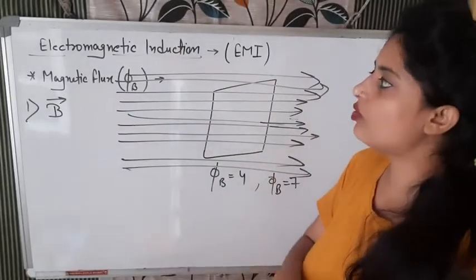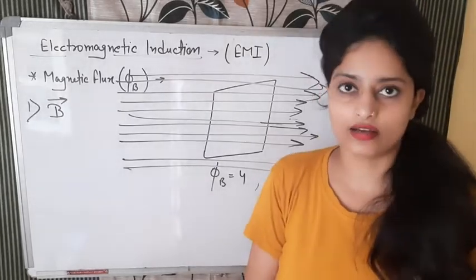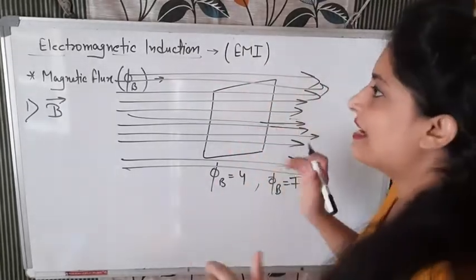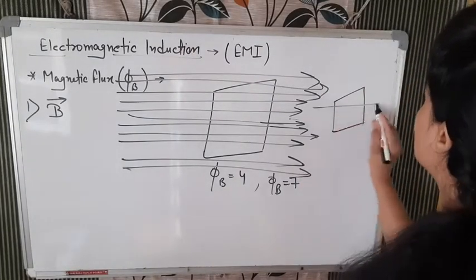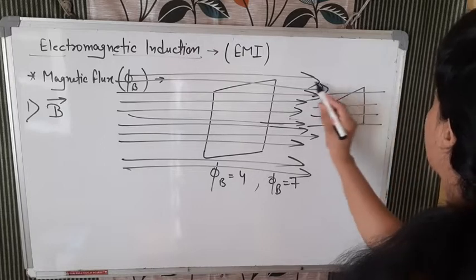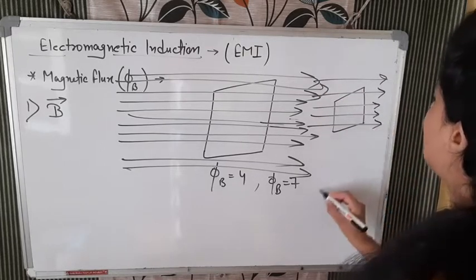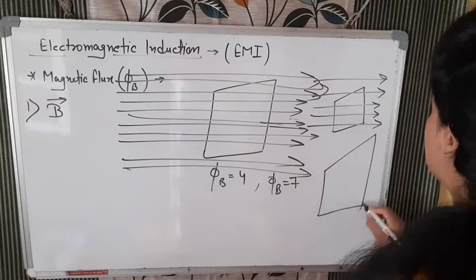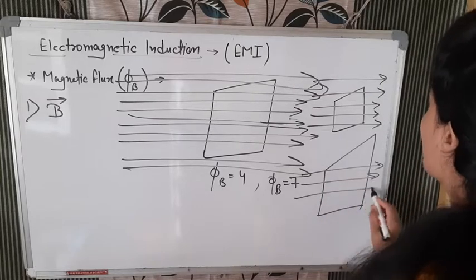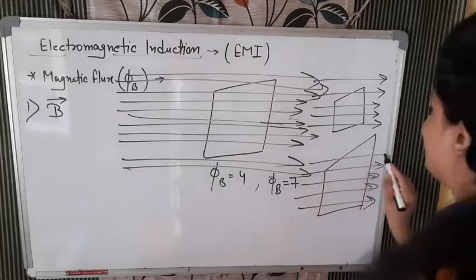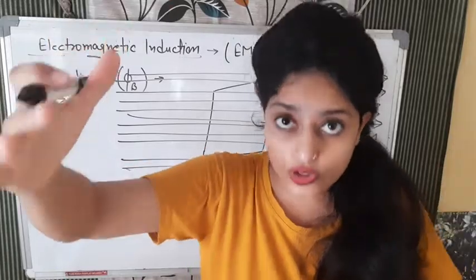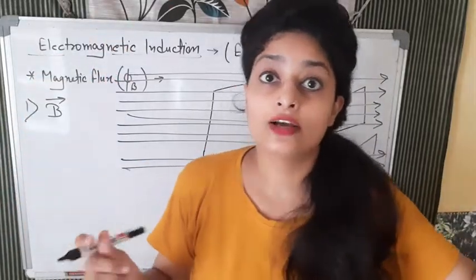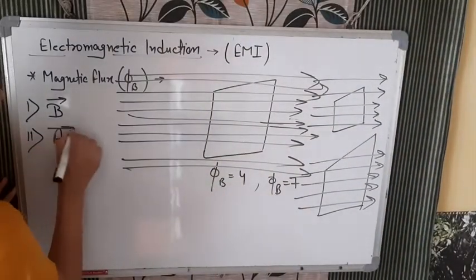Now the second factor on that it depend is the area. If we will increase area, for example, initially the area is like this. See, initially I am saying that it is crossing through this area. But after some time, I will increase area, and now I am saying that magnetic field lines are going from this. So one thing is very clear: when area will increase, so magnetic flux will also increase, because when area will be more, so there is more space for the magnetic field lines to cross that. So magnetic flux depend upon area also.